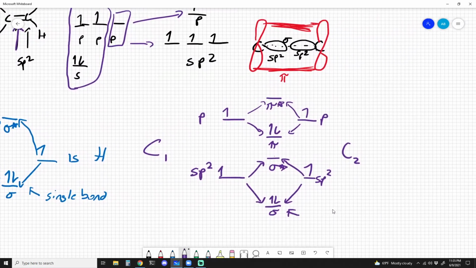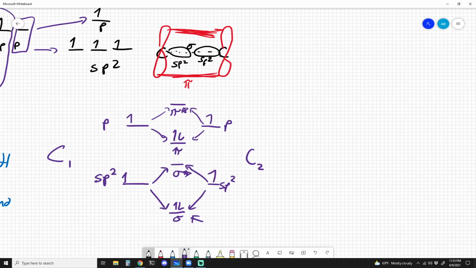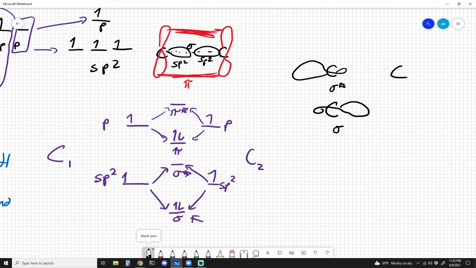And so we can describe these orbitals, if we wanted to draw a picture of them. The sigma bonding orbital, again, is going to be looking kind of like this. So sigma bonding. Your sigma anti-bonding would be more like this, assuming that the other carbon's right there. And then the pi orbital, these are the two carbons. The pi orbital is kind of leaning in, as if it's helping make the bond. They'll be towards each other,